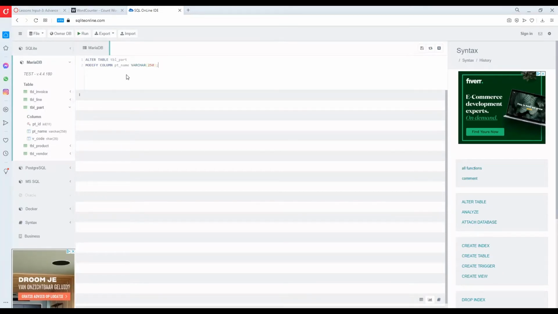You can also use this command to change one data type to another. For example, you want to change int to double or double to decimal, you could also use this code. However, take note,